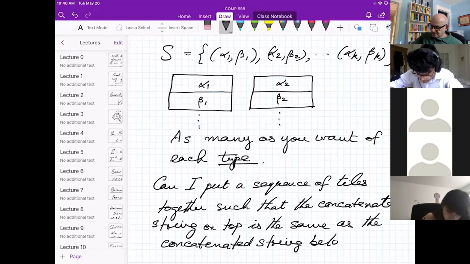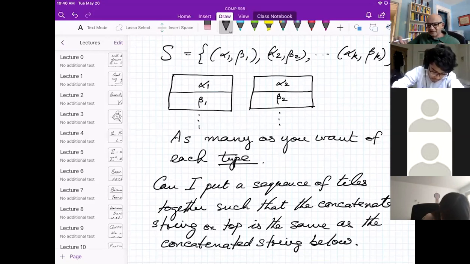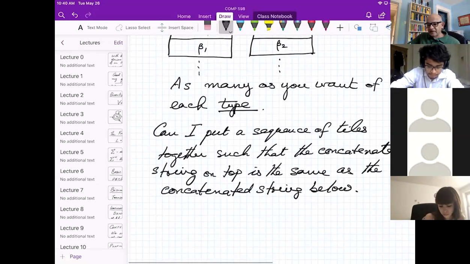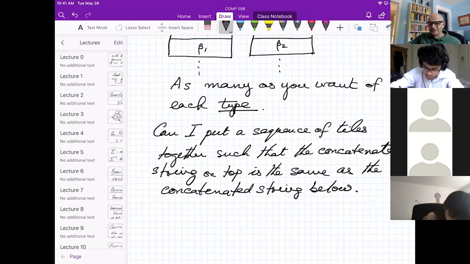Okay, so a simple matching problem. It looks like a simple children's game. Maybe you have these tiles and you want to see if there's some arrangement whereby you can get the same string on top and on the bottom. Obviously, all the alpha i's are different from the beta i's. Otherwise, if there's a tile with the same alpha and beta on top and bottom, you just take that one and say, there, done. Because I've got one domino with the same string on both. So the interesting examples are when the string on top and the string on the bottom is never the same, yet perhaps there's some combination that can be made to match.